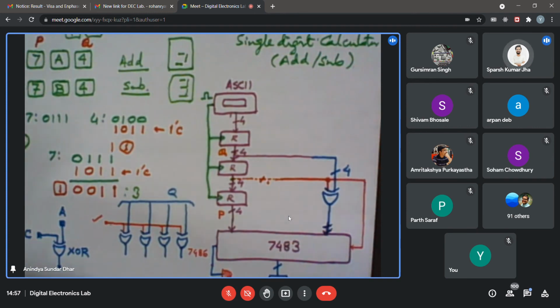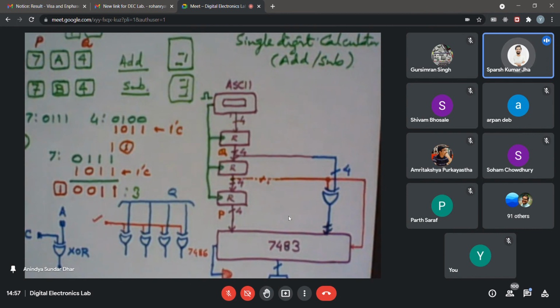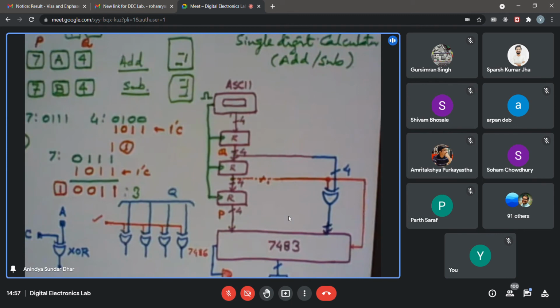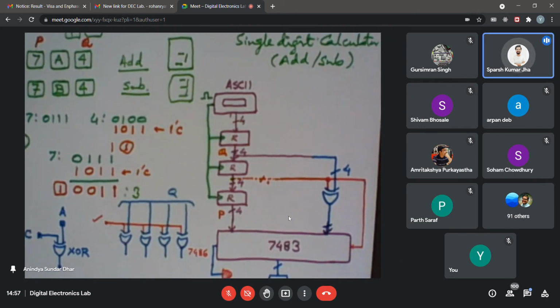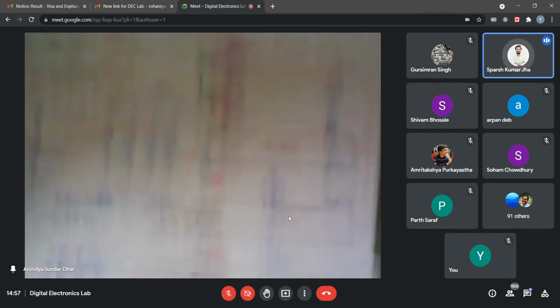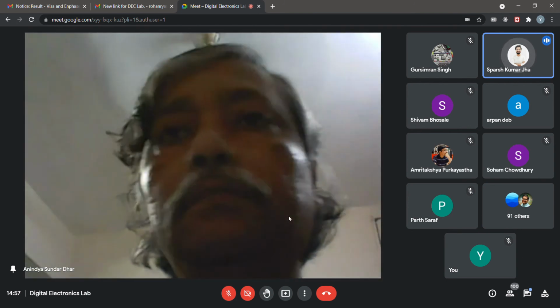Okay, now, Sir, can we make the circuit conditional? That is, when addition is taking place, a particular part of the circuit is used, and when subtraction is taking place, another part. Because after implementing addition, when I try to implement subtraction, the same problem that you discussed right now is coming.